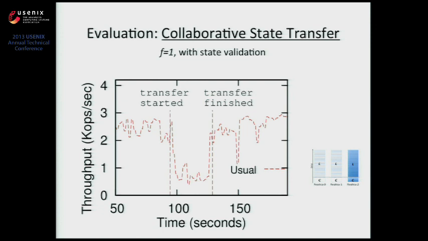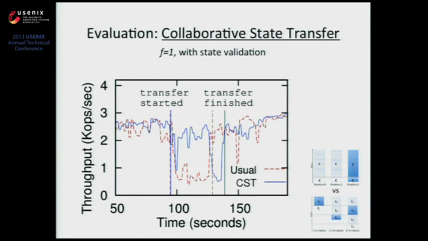When we try to use collaborative state transfer, which in this case is this, we try to spread the load among several replicas. You can see that there's a lot of perturbation, but we are still processing, and we have fewer problems than if you wanted to get all the state from a single replica. You can see on the blue area that this is more or less what happens with the throughput when I get this part of the state from the other replicas.